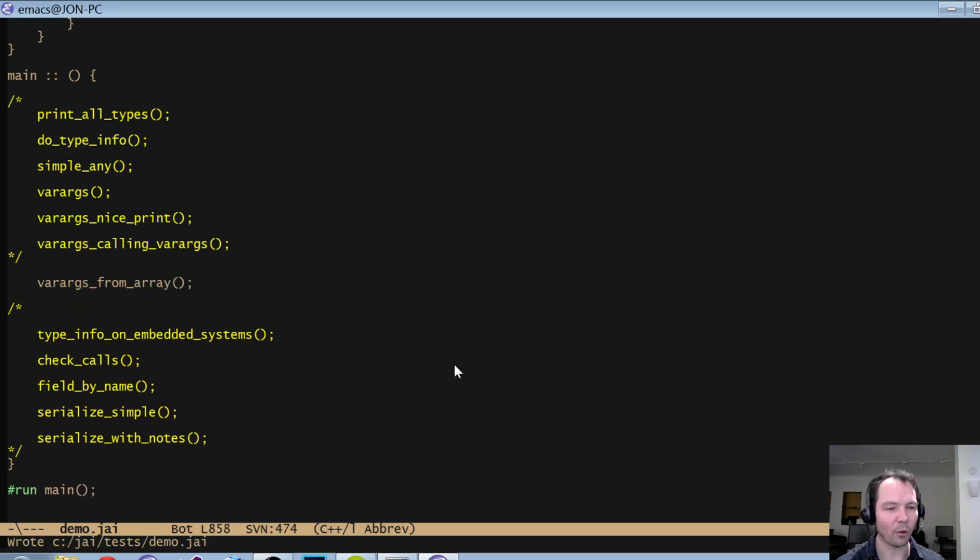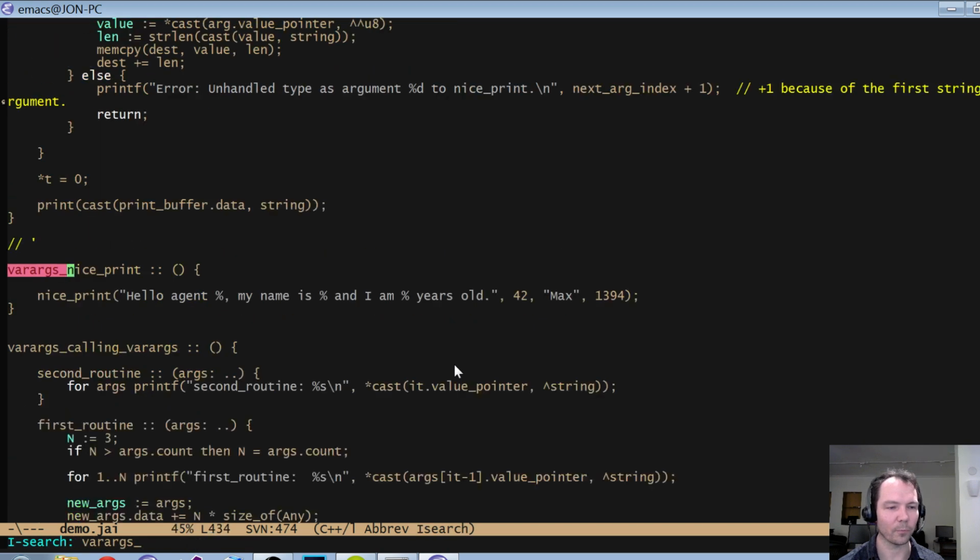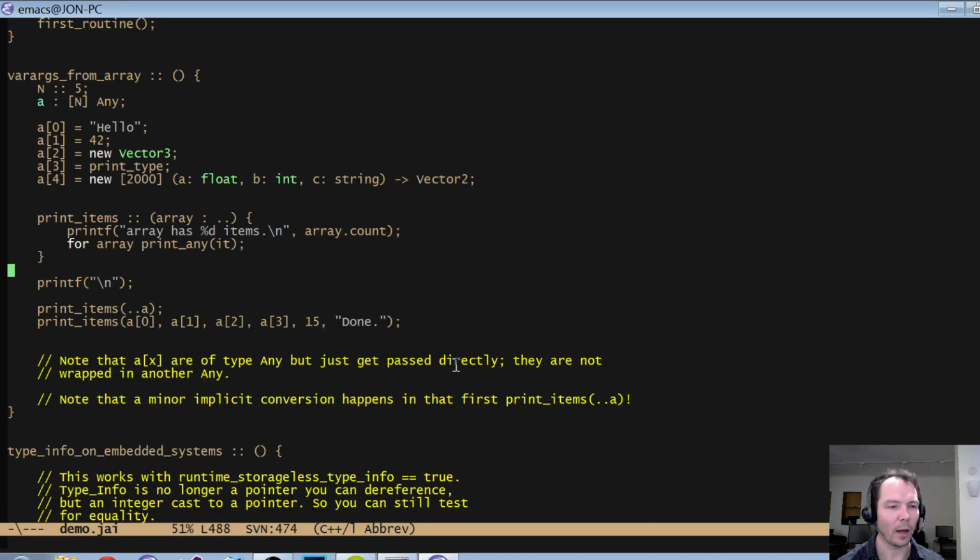Now, you don't have to start with variable arguments in an array. You can start with any array. So here, I'm going to make an array of things and pass it to a variable arguments function, right? So let's say n is a constant 5, and a is 5 any's in an array, right? The first any is a string, the second is an integer, the third is a pointer to a vector 3 allocated on the heap. The fourth is a pointer to this print type function that we started this session off with,